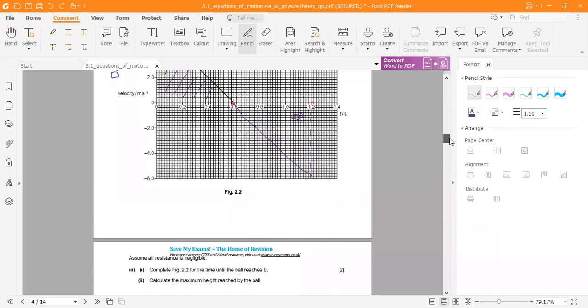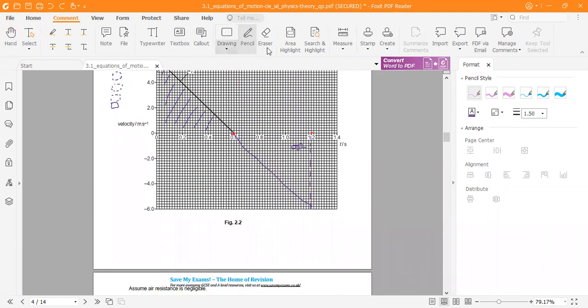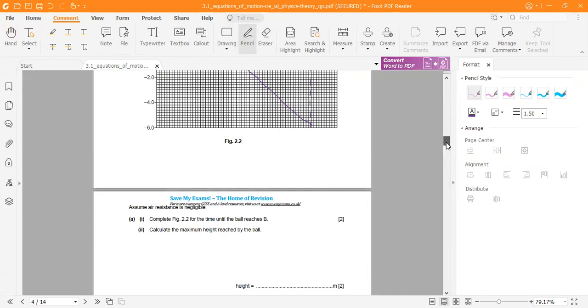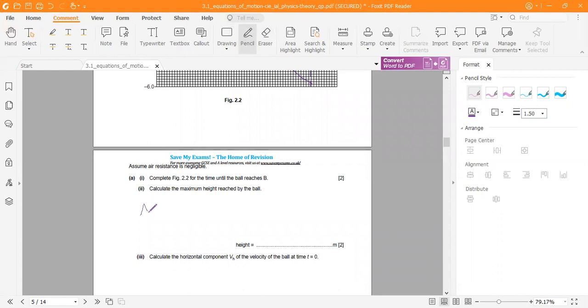So to find the maximum height, we will only consider this area on the left side. And okay, let's see what we will do. I know that this is a triangle. Let me point it out. Okay, so I think this is okay. We know that this is a triangle. All I need to do is apply the formula for area of triangle. So what is the formula for area of triangle? A is equal to 1 by 2 into breadth into height.